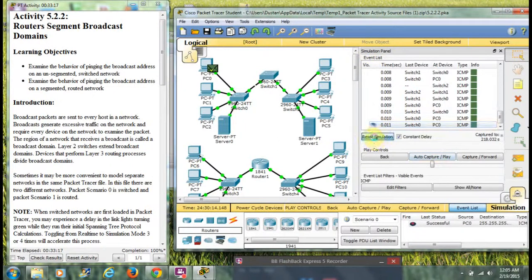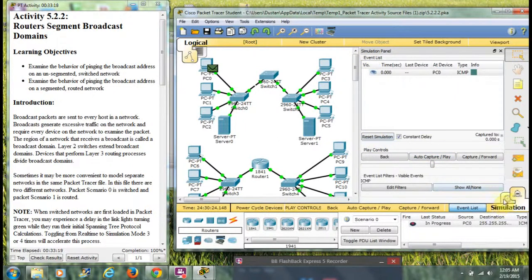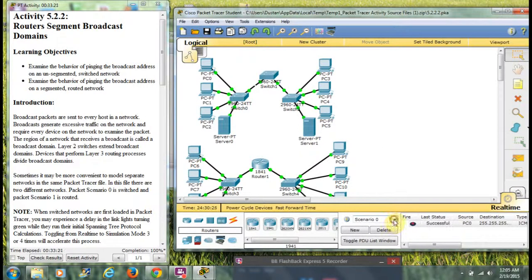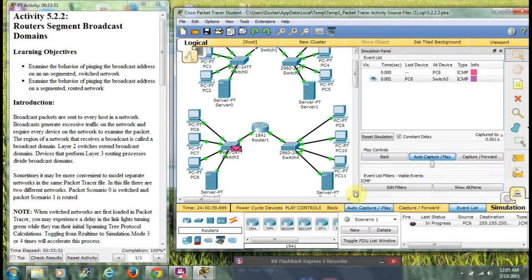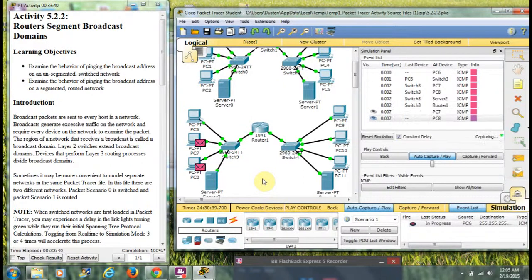Let's reset our simulation mode. Let's go back into real time. Let's run it on scenario 1. I'm only going to auto capture this because I just dissected everything on that. But watch what happens here. It's just a little different. You're going to notice all the mail is going to be going. The mail is going to release. But as soon as we get to 1841 router 1, you notice the mail is not going any closer to